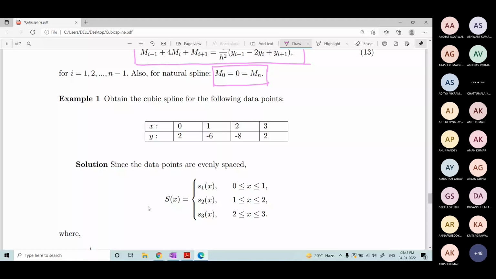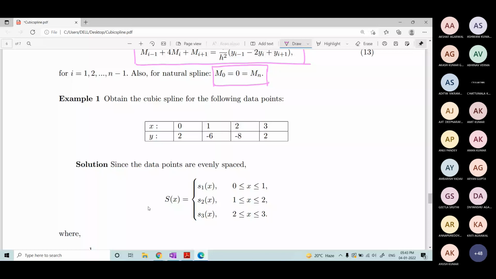So the derivation part you can forget. You obviously have to understand the concept behind it, but the derivation part you may forget. You only have to remember these last formulas: how to obtain a cubic spline from the given data. So the S(x) formula is given by this, and the unknowns Mi are obtained from this equation. If the data points are evenly spaced, it has a simplified form. You have to remember this. So let us solve one problem.